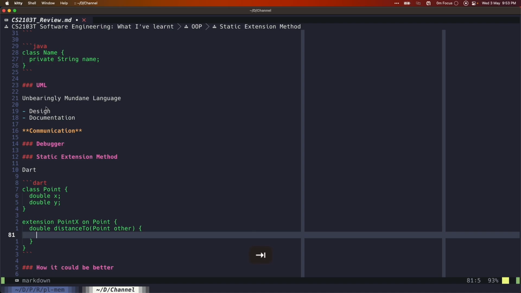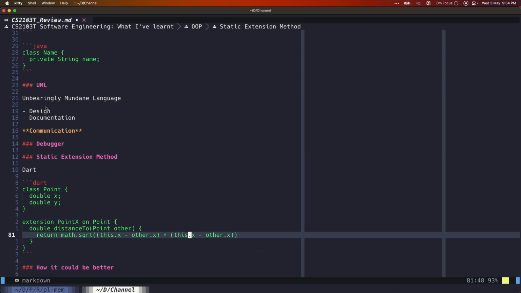I seriously couldn't remember which one is using this, which one is using self. But anyways, you just return this dot math.sqrt, basically. Wait, how do you calculate? Okay, so it's this.x minus other.x times this.x minus other.x.